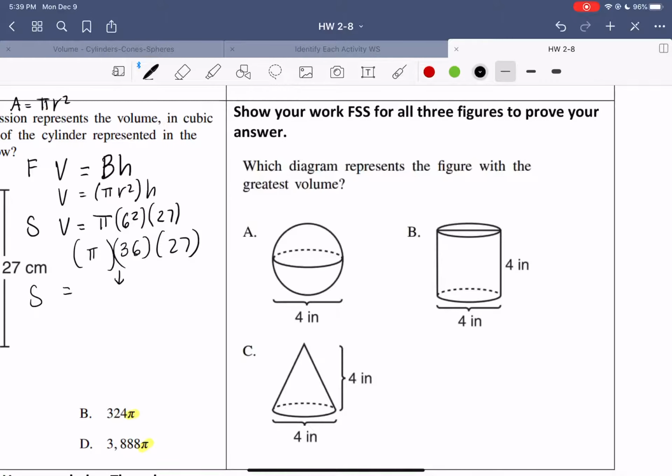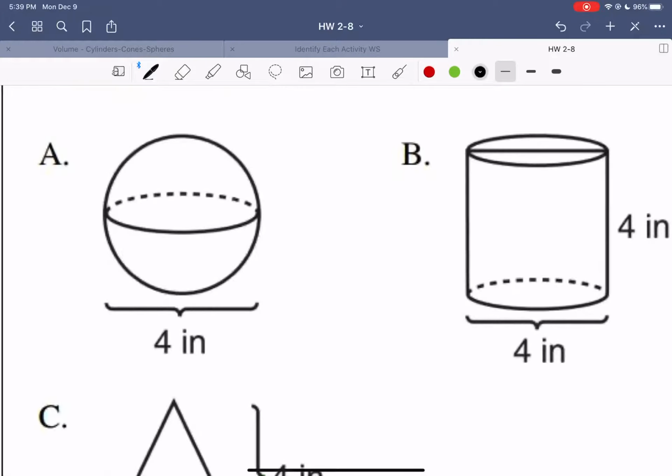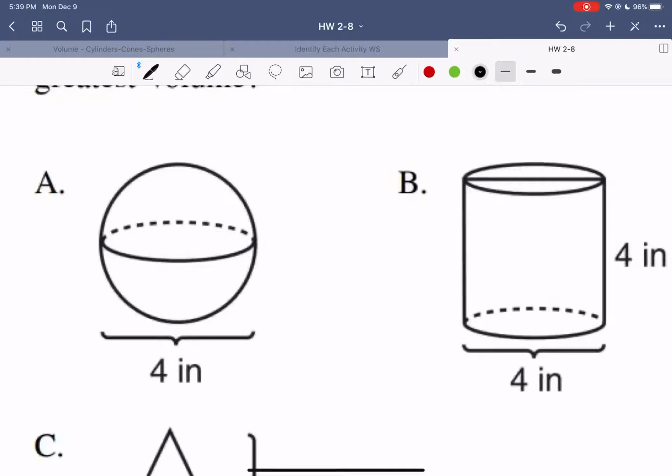Show your work, FSS, for all 3 figures to prove your answer. Which diagram represents the figure with the greatest volume? All right, I know you don't have as much room. We'll start with the sphere. The formula is going to be V equals 4/3 pi r cubed. Substitution will look like 4/3